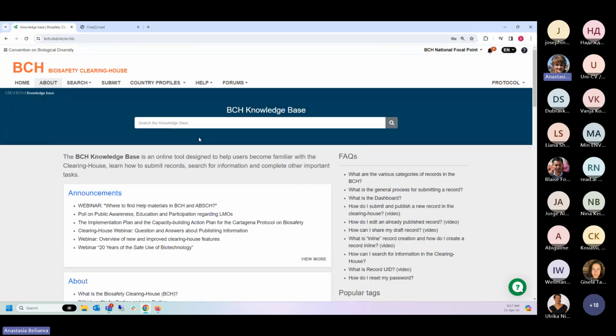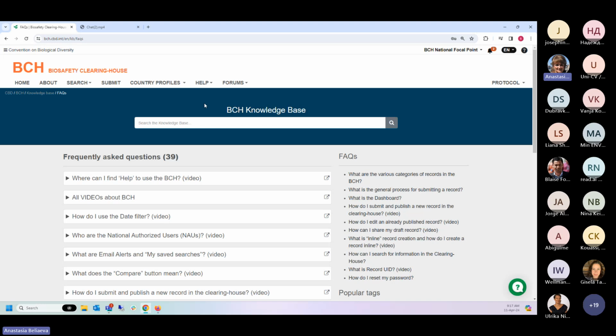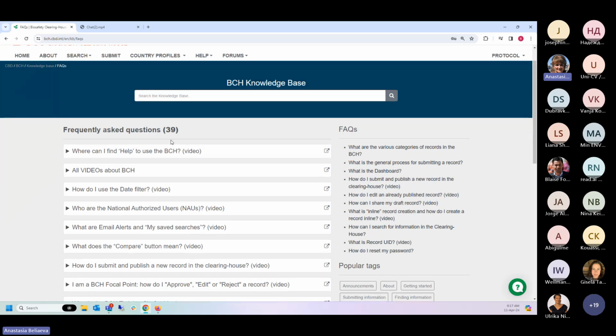Now let's go next to the next help tool, FAQs. Well, they're frequently asked questions. Let's click on them. When you click on that, you get the frequently asked questions page. Here you will find articles that are actually also available in knowledge base. But here we put only the articles that we think are more common, that answer questions that are most commonly asked by users.